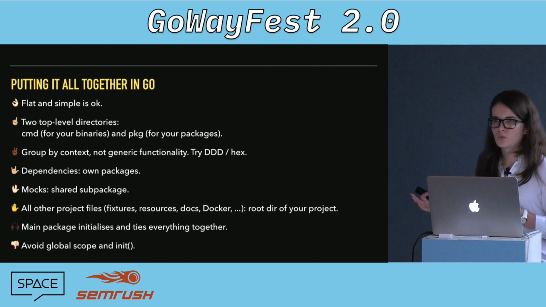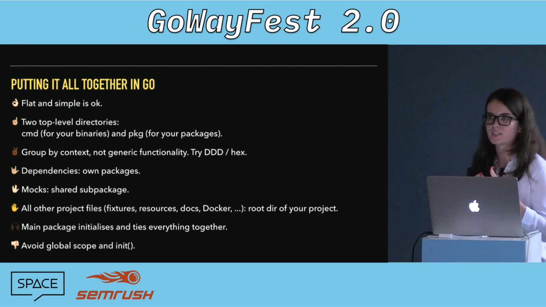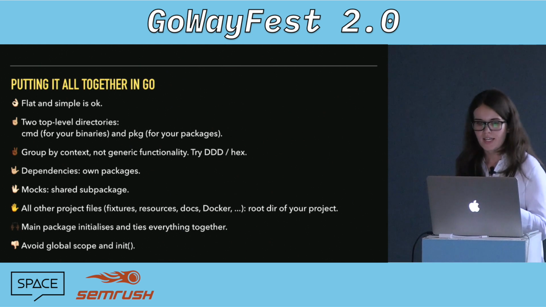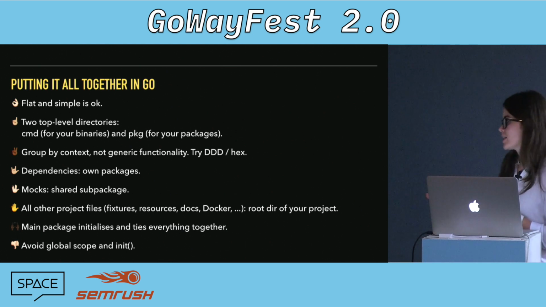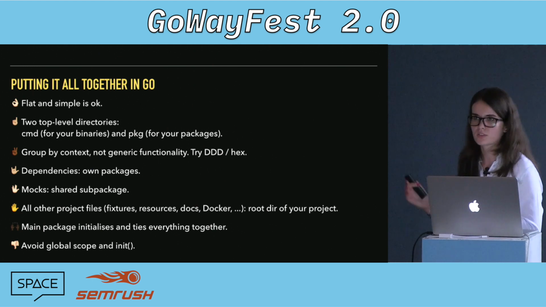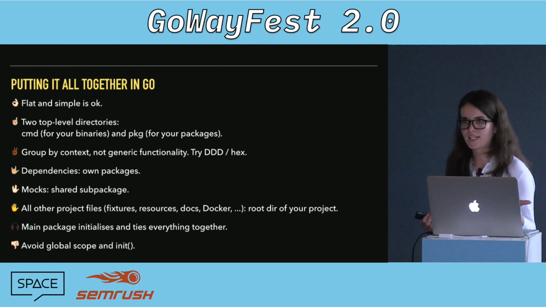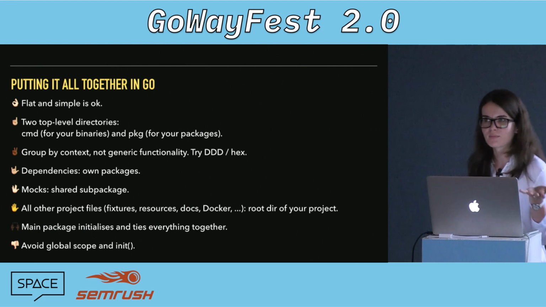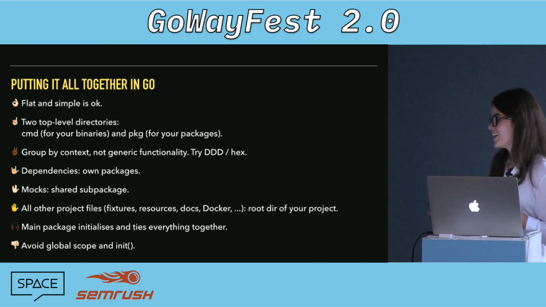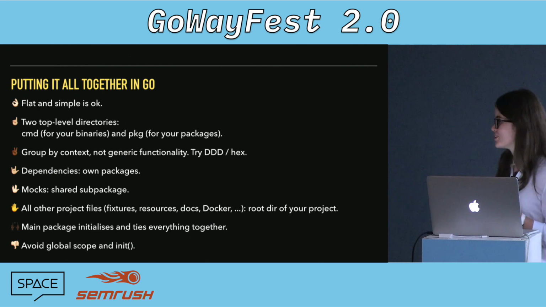And avoid global scope and the init function. Avoid global scope for better maintainability, so just to have fewer dependencies between your packages. And the init function, it was bad in my case. For example, like I mentioned, the sample data adding was initially implemented in the init function. The problem with that was when I was writing my tests and running them, my tests also ran the init function. So every time I ran my tests, I was trying to add sample data. You can't control init, you can't turn it off, so probably just avoid using it.